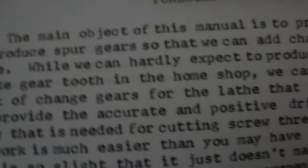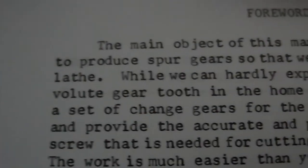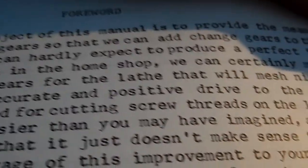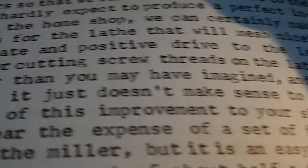Right. I quite like the chap's turn of phrase. I'll give you an indication. I'll read a passage here from the foreword. See if I can get focus while I'm doing it. The main object of this manual is to provide the means to produce spur gears so that we can change gears to the lathe. While we can hardly expect to produce a perfect involute gear tooth in the home shop, we can certainly make a set of change gears for the lathe that will mesh nicely and provide an accurate